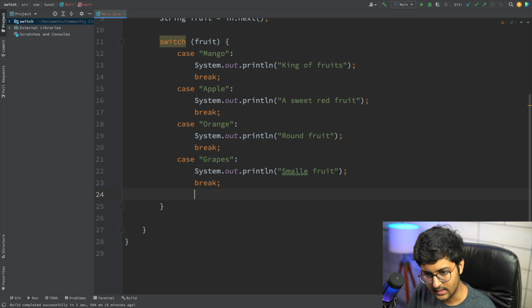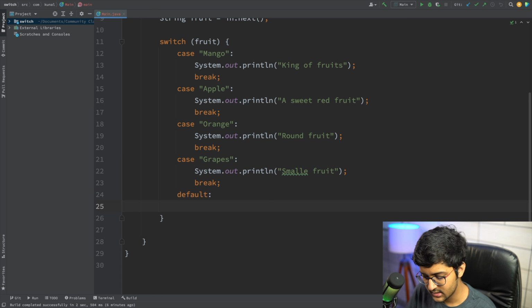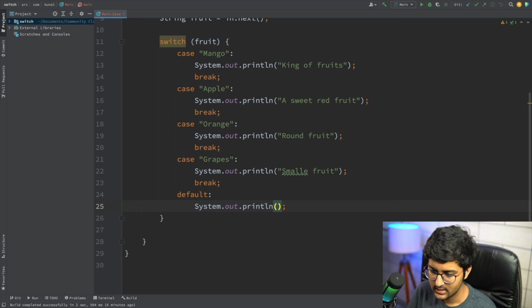And otherwise case, for your default cases, you can just add the default value over here. You don't have to put a case, you can just say default value. Since this is the last one and no more statement is after this, you don't need to put a break over here. So after this no break is required. So you can say please enter a valid fruit.